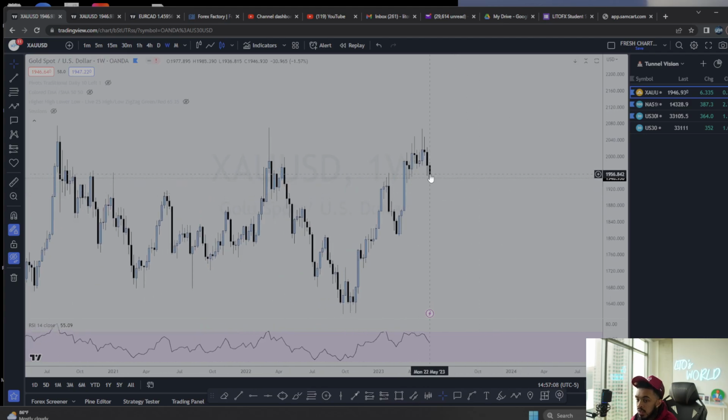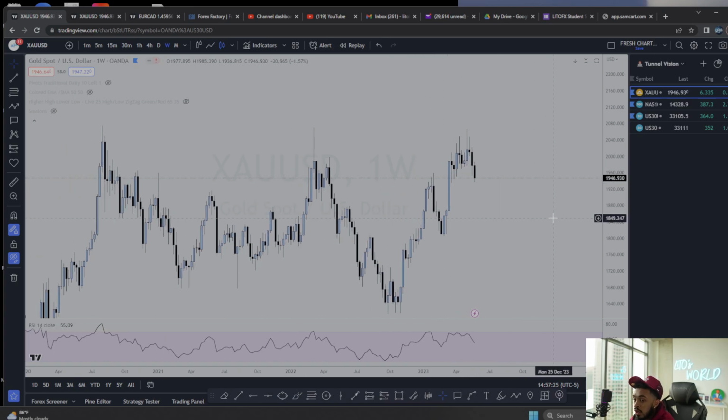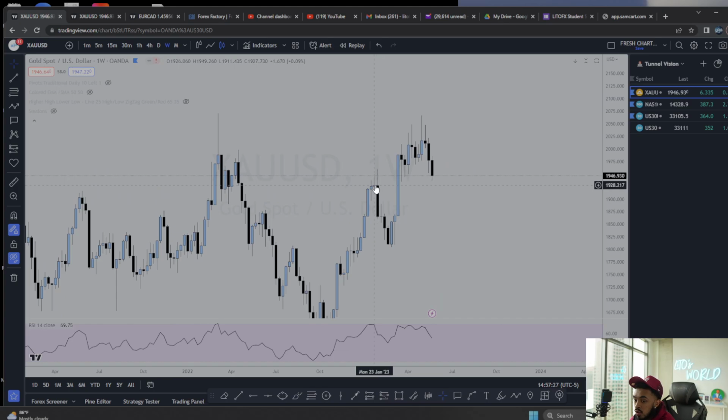So last week we ended with a lot of bearish momentum. So we had bearish candle followed by bearish candle closing beneath these bullish candles here. So that let us know that there were potentially sellers inside of the market. Now, currently where we are at, since we are approaching this level of resistance, well, resistance now acting as support,